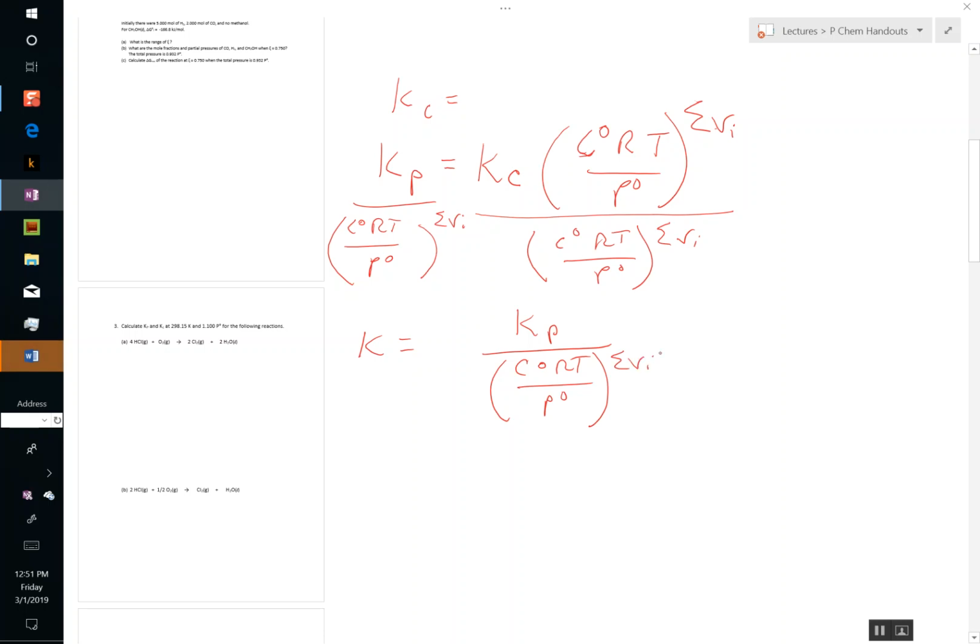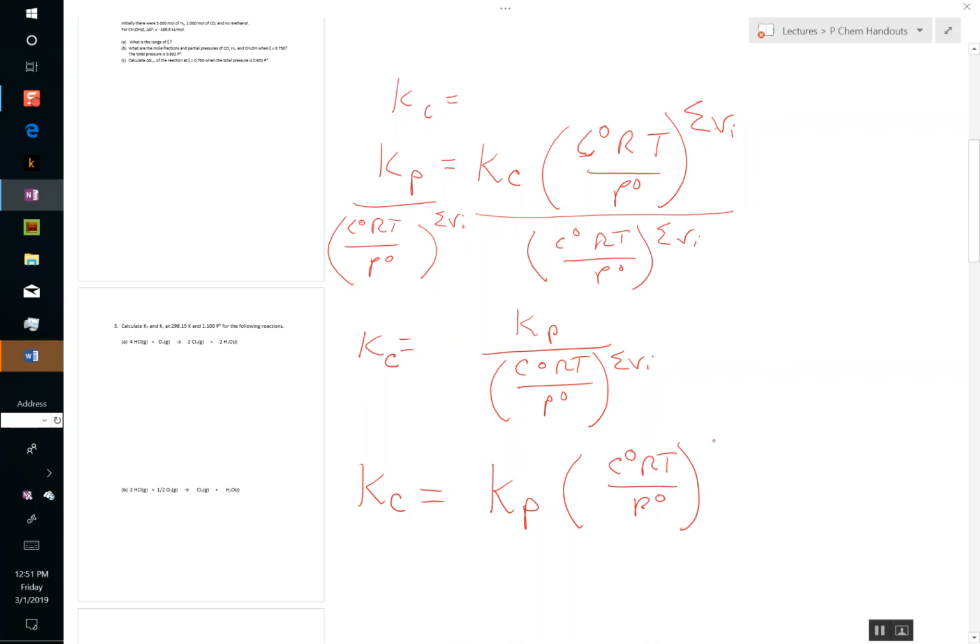And all we did, I didn't show this part of it, is just change this to a negative to bring this up into the numerator. So we ended up here with Kc equals Kp times this term